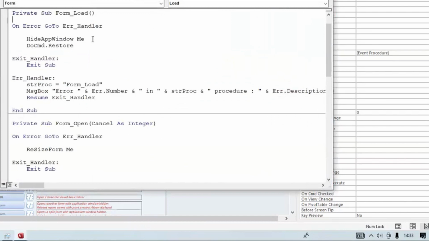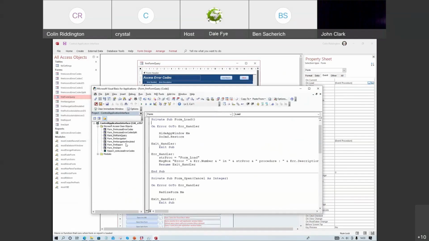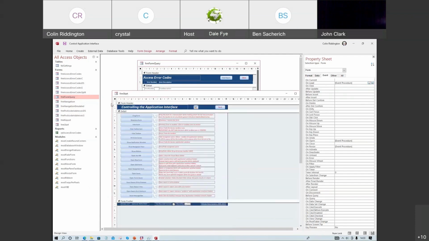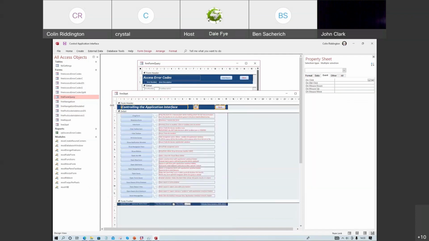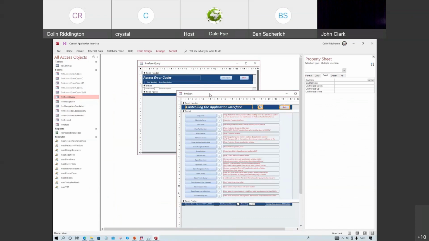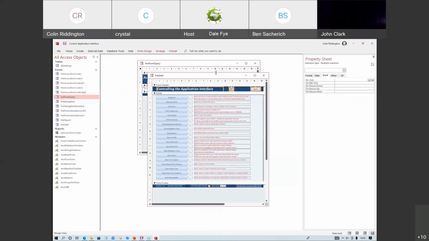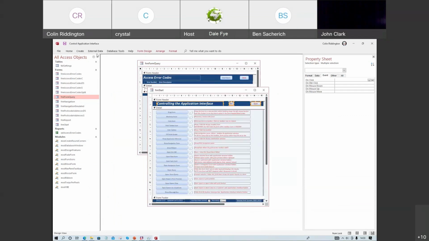Does that answer the question you wanted? Yeah, it does. So for some reason I was thinking it looked like a datasheet, and I wasn't sure how you were doing that. What I do is I basically have a wrapper form, and then I have a datasheet subform, which I just set the source object of the datasheet to the query when I want to be able to display the results of a query in a form similar to what you've done there.